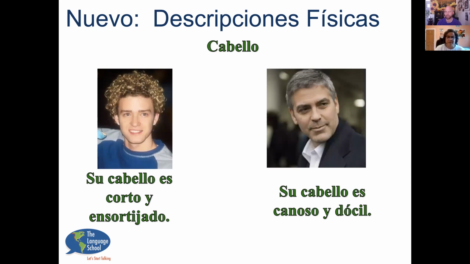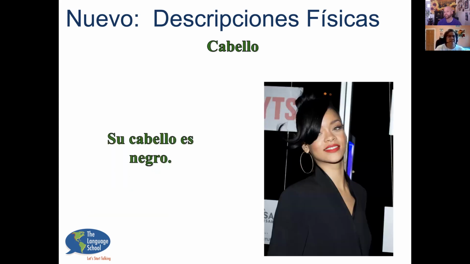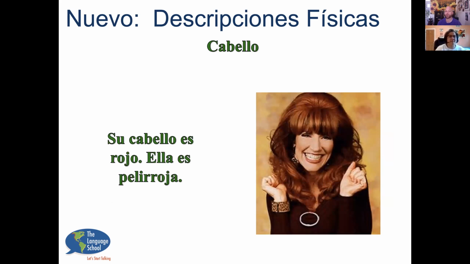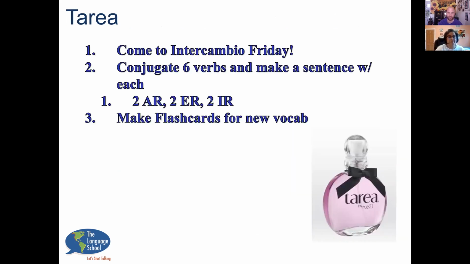And then on the right, George Clooney, su cabello es canoso y dócil. So he has docile hair, which is kind of straight. And then canoso is gray. Su cabello es negro, so she has black hair. Su cabello es rojo, or ella es pelirroja, right? All right. So